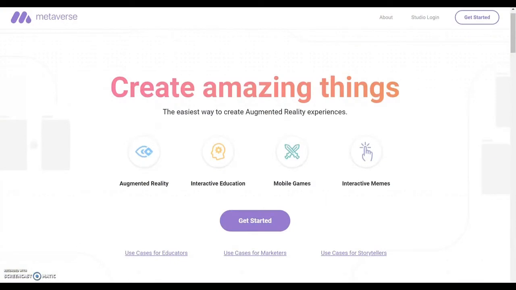Before getting started with building an augmented reality experience, I first just want to show you the Metaverse platform so that you can be familiar with the overall layout of the program that they offer. So this is your homepage. As you can see, Metaverse offers things in augmented reality and mobile games, even some interactive memes. They have it separated to explain how it's useful for educators, marketers, and storytellers. If you click on the educator link,